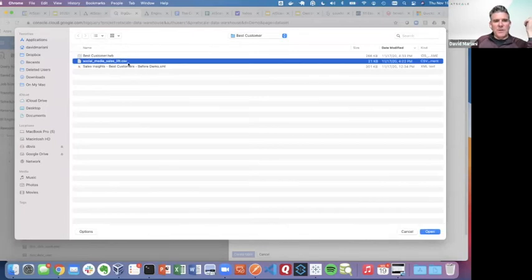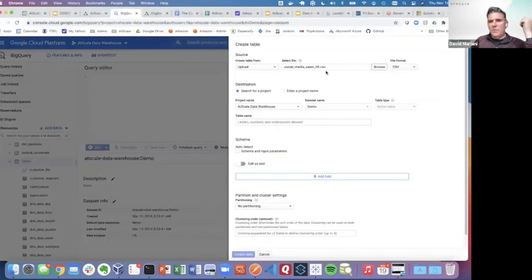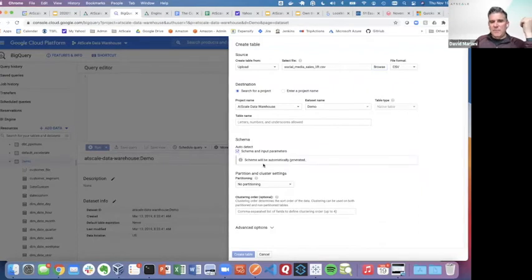And there's my sales lift CSV file. So all I have to do is reference that. What's really nice is that if I do auto detect schema, Google BigQuery will automatically create that table for me with that schema. So there's nothing more that I need to do. I do need to say what it is. So I'm going to call it social media sales lift, and that will be my table, and I'll say create